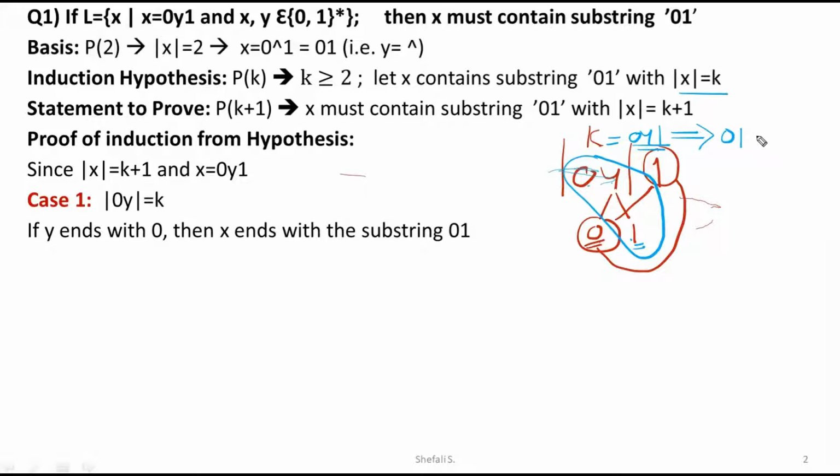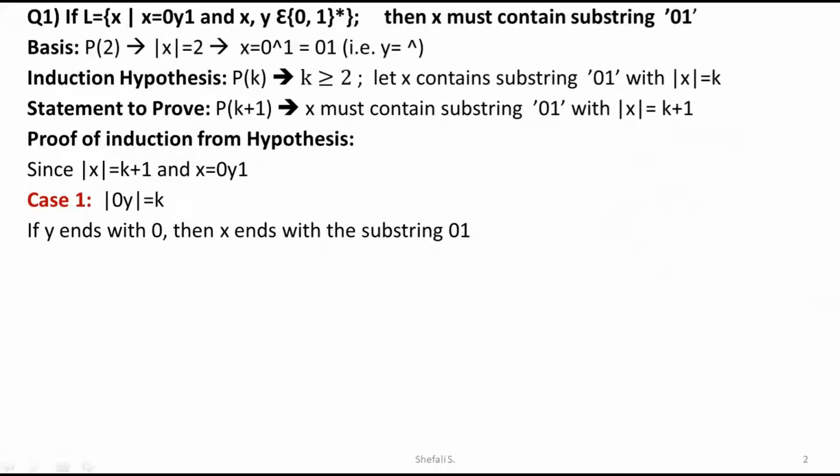That means in both the situations, where y may end by 1 or y may end by 0, we can claim that the string is containing 0, 1 as some part of the string itself.